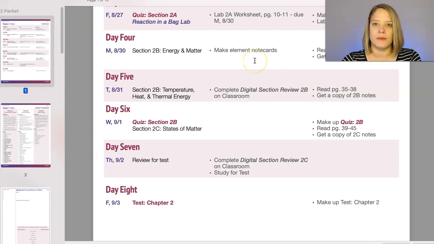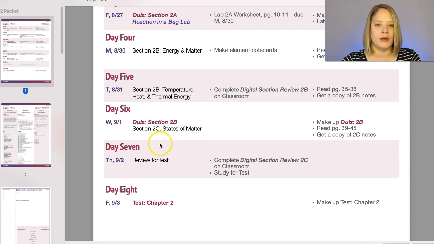Today you should be finishing up the element note cards that I assigned you on Friday. If you need some extra note cards and you're at school, I have some in the room. And then tomorrow's homework will be to complete the digital section review over the material that we're going to be covering. On Wednesday, you're going to have a quiz over section 2b,